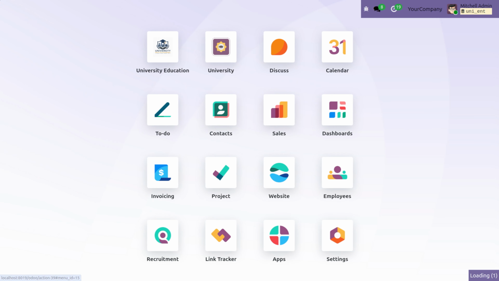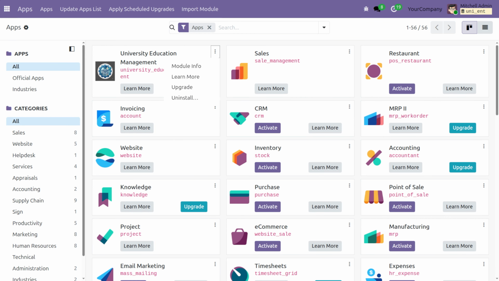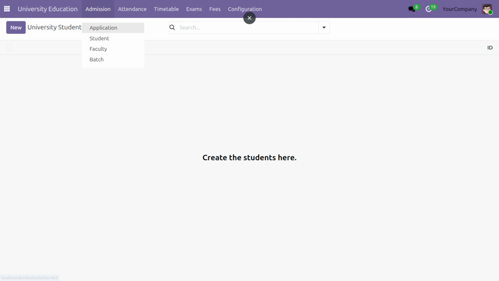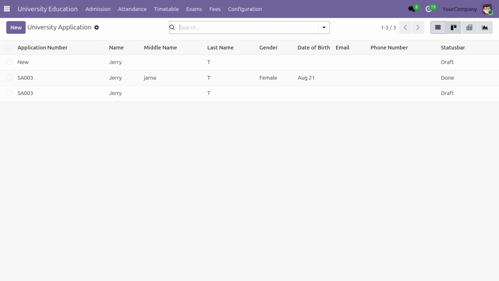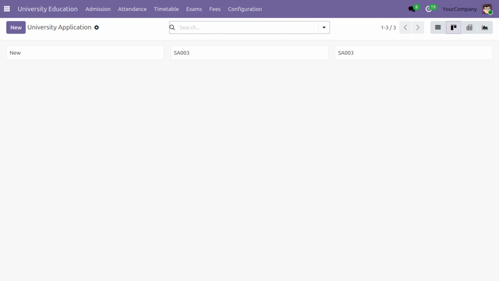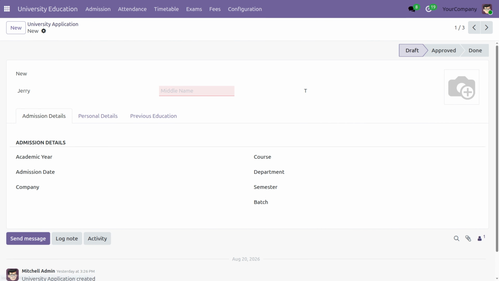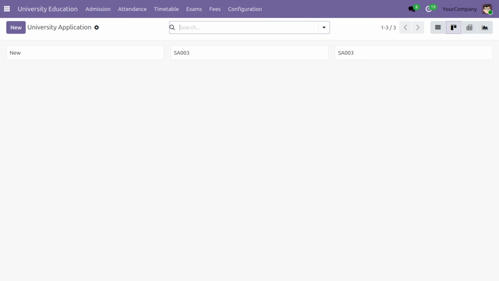So I'm going to the apps, and from the apps I'll be updating my app. And here you can see once everything is loaded into the database, under the student application, a new view will be added, which is the Kanban. We know the Kanban view is in the form of a card. So let's see whether it has been added. Yes, the Kanban view is currently added over here, and once you choose the Kanban view, it will be moving on to the